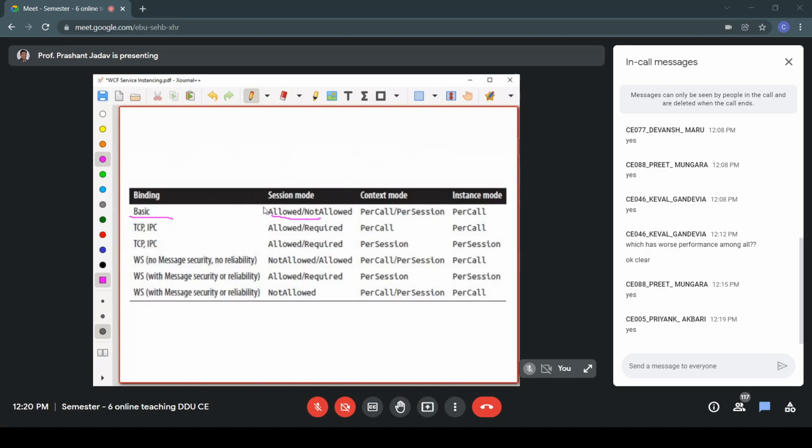So usually these are the valid values, the valid combinations. There are many combinations possible, but this table lists some of the valid ones. With the basic HTTP binding, you can go with either allowed or not allowed, and the instance context mode can be set per call or per session, but the behavior would be per call. So every time any client request comes, a new